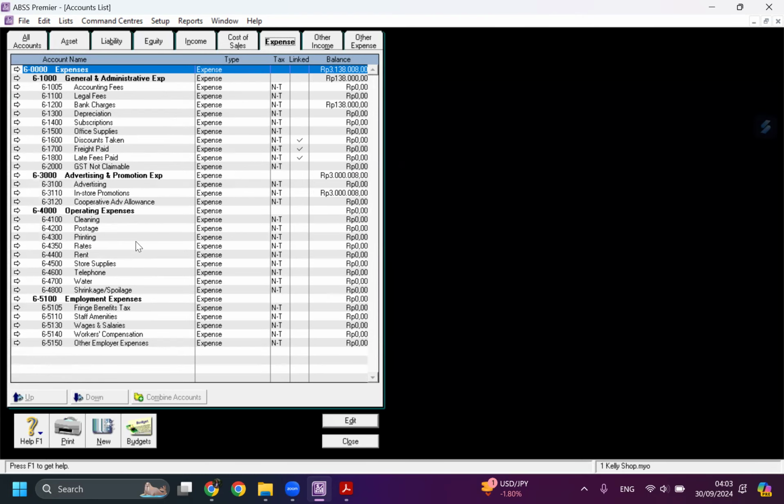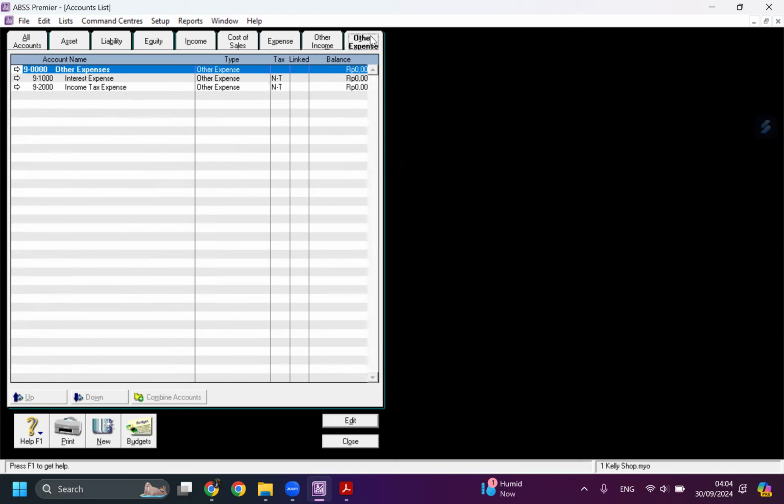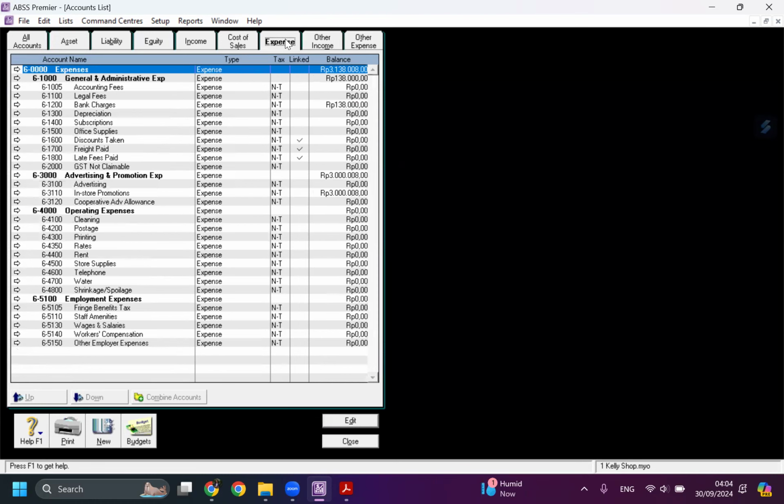expense for depreciation. Let's check where it is. We don't have any specific depreciation here?